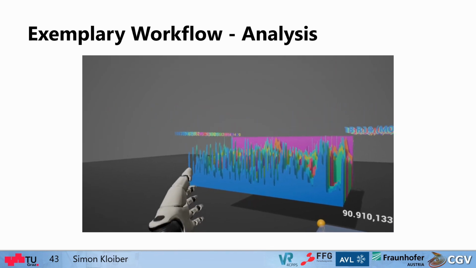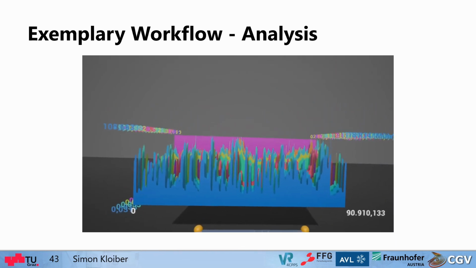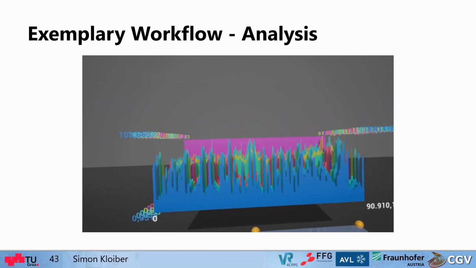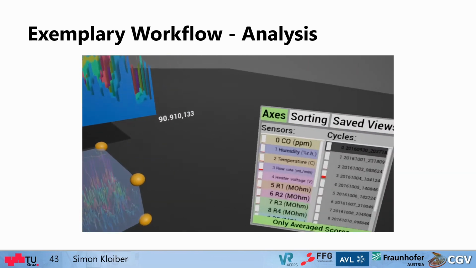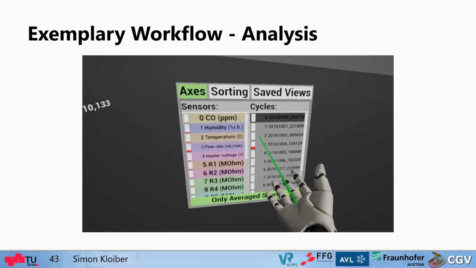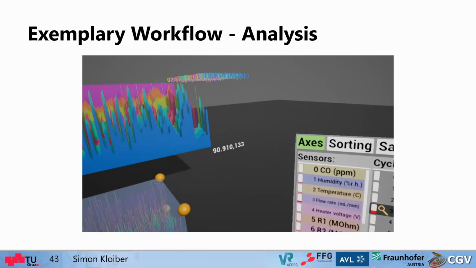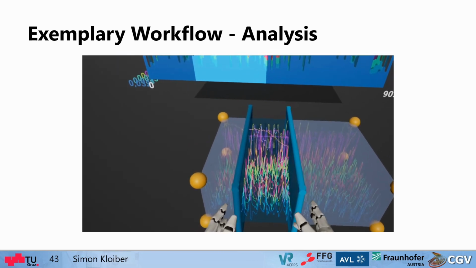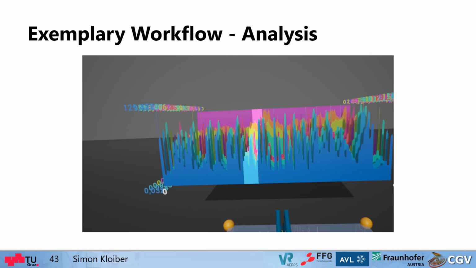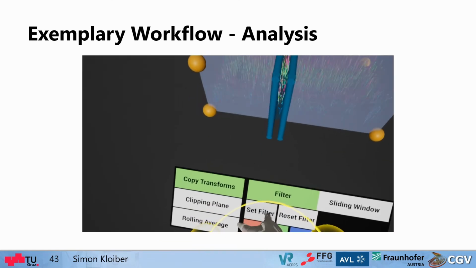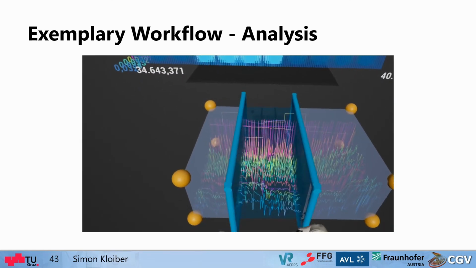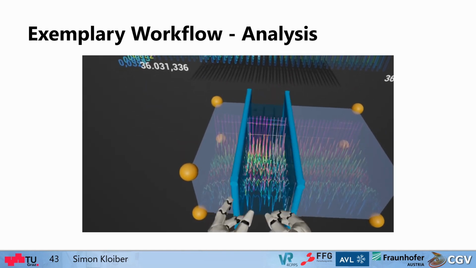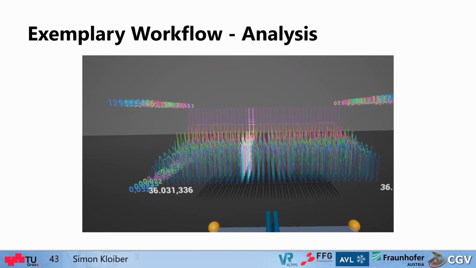And now for the analysis. Our environment is already set up, so let's slide the data into view. By moving our head, we can gain a first overview of the cycle. We can see on the anomaly scores on the settings panel that cycle 3 seems to be very anomalous. So let's look at this one in more detail. We can, for example, filter into an interesting peak here and see what the data looks like on a smaller time frame. As you can see, the proxy copies the displayed information, albeit in a smaller resolution.